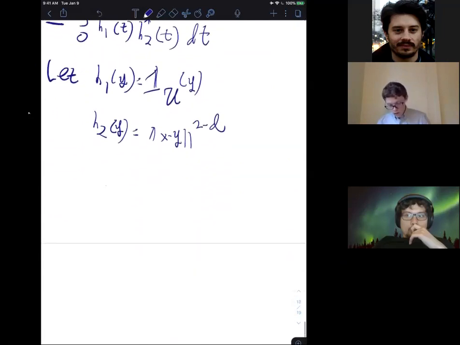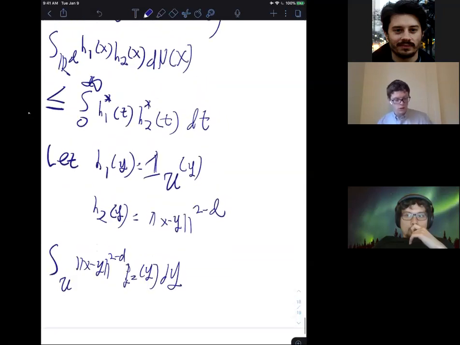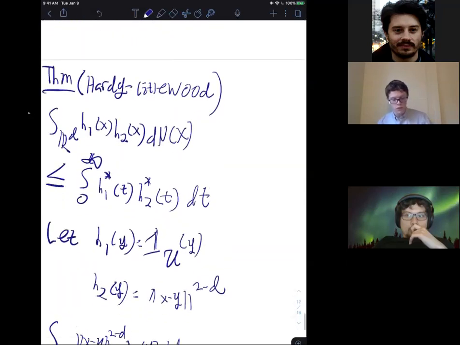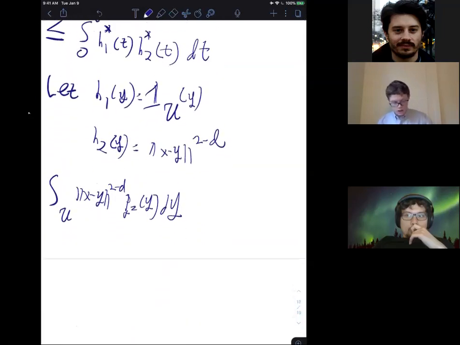So now we can just plug this in, and again, I'm not going to do the calculations, but we have the integral over u of |x minus y| to the 2 minus d times p sigma squared of y dy. I hope it is obvious, but if not, we're setting mu equal to p sigma squared in this case. So this is going to be less than or equal to omega d to the 1